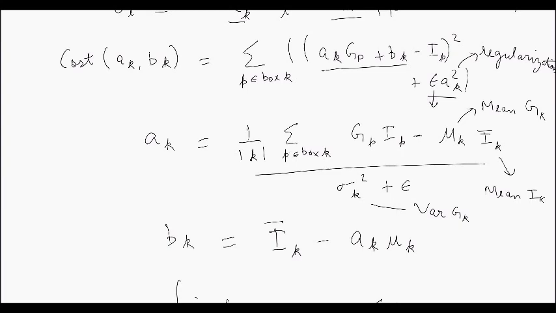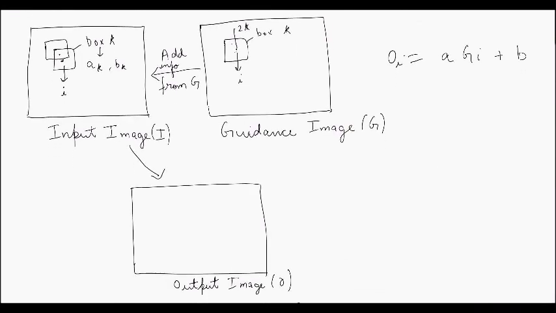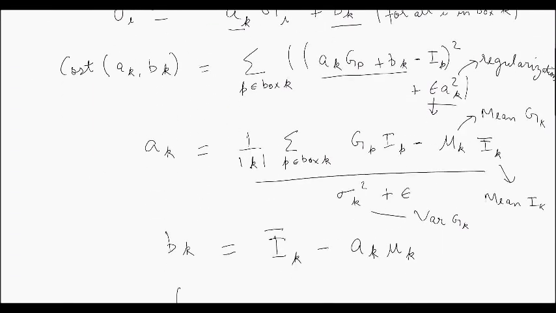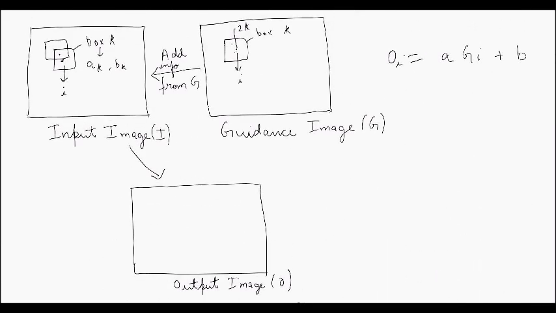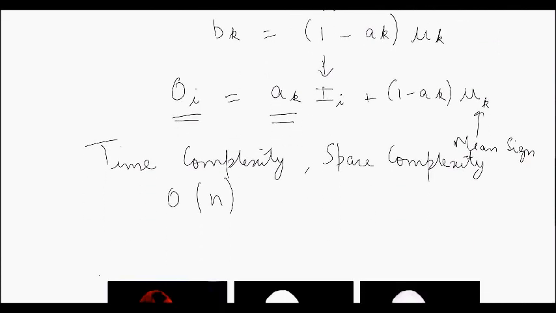So essentially in this example what we are doing is calculating a bunch of numbers over boxes. Calculating each of these intermediate terms is essentially many different filtering operations. So as long as we use integral images to do these filtering operations, our final time complexity will come out to be O of n.